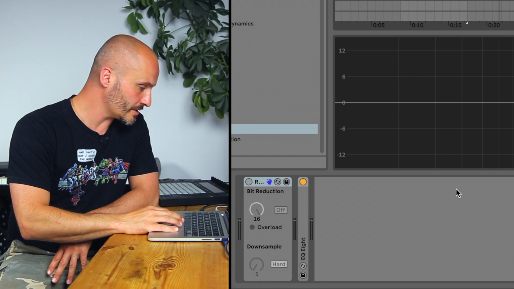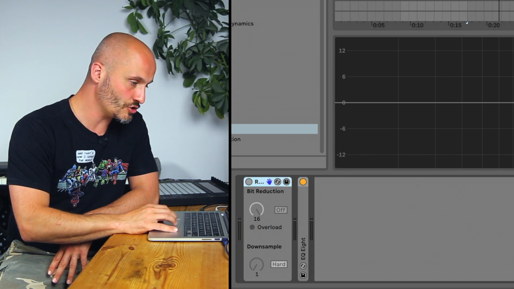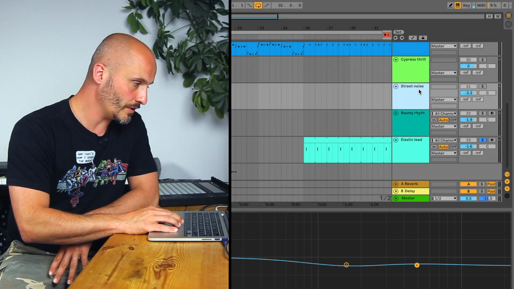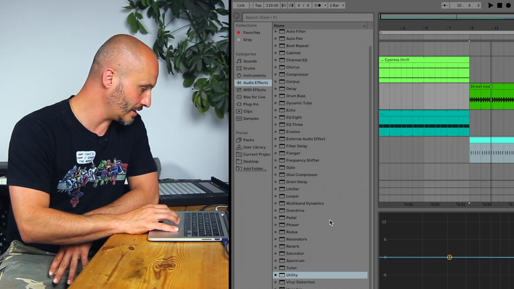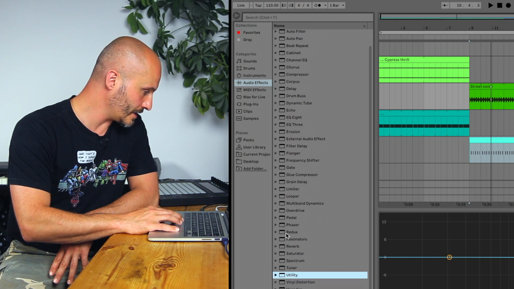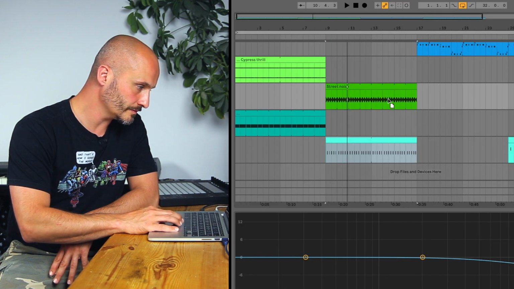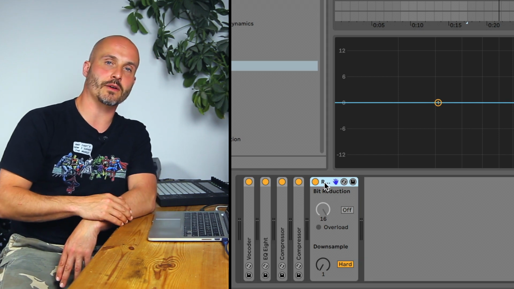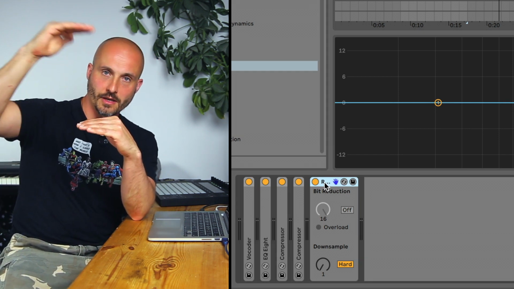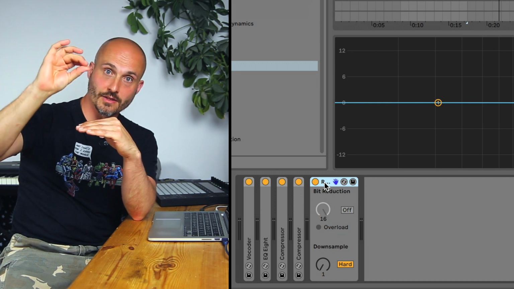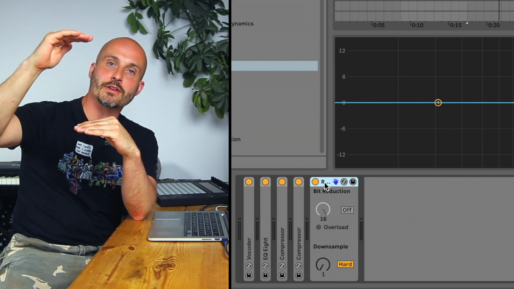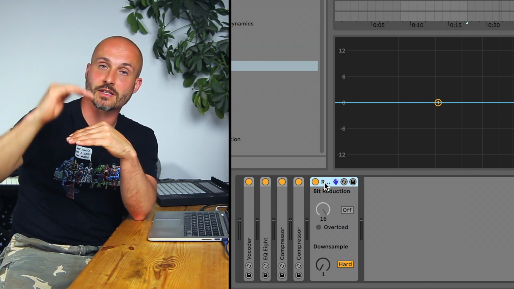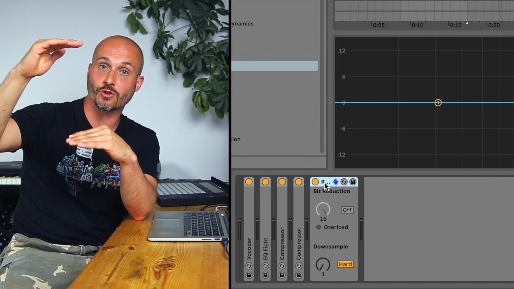Let's have a look at Redux. Redux is basically dropping digital information. That's its job. So if we go for this sound that I've loaded here, I'll load a fresh Redux onto that track. What it's going to do is change the resolution of the sound. There's a certain number of bits that represent the sound, and that's called the bit depth. And this device can reduce the number of bits that represent the waveform in terms of